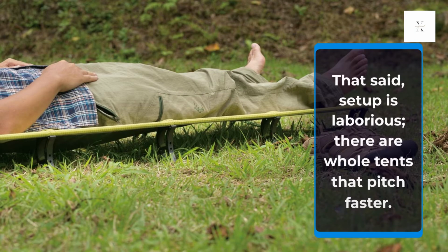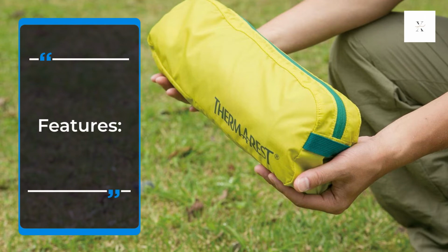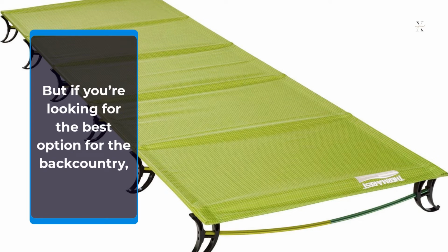That said, setup is laborious. There are whole tents that pitch faster. And at just 24 inches wide for the 72-inch model, it's not exactly spacious. But if you're looking for the best option for the backcountry,